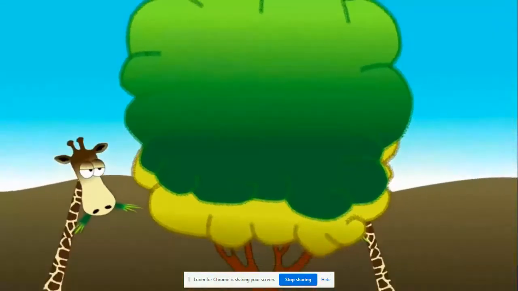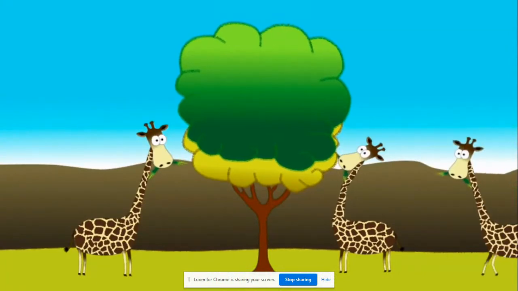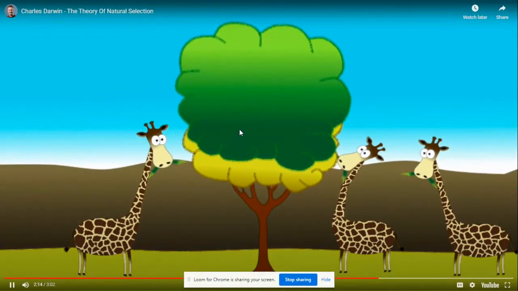Giraffes with the longer neck advantage are in better health and able to pass this feature to their offspring. Because this trait is more successful than shorter necks, more individuals in the population have it. So remember, we've talked about traits like skin color or facial shape, hairlines. So traits are passed from parents to offspring. So the giraffes' long necks pass their traits to their babies, and their babies grew long necks and were more